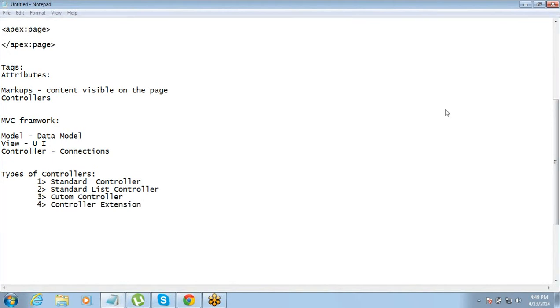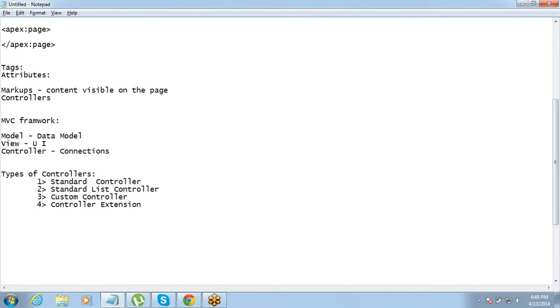So there are 4 types of controllers. Markup can be anything, it can be text, image, link, whatever. Controllers can be of 4 types, right? Standard, standard list, custom, and controller extension. So these are 4 types of controller, and one by one we will learn all these controllers and how to use them.